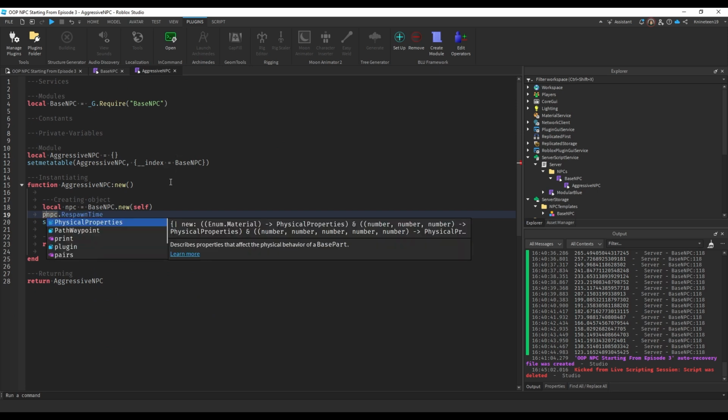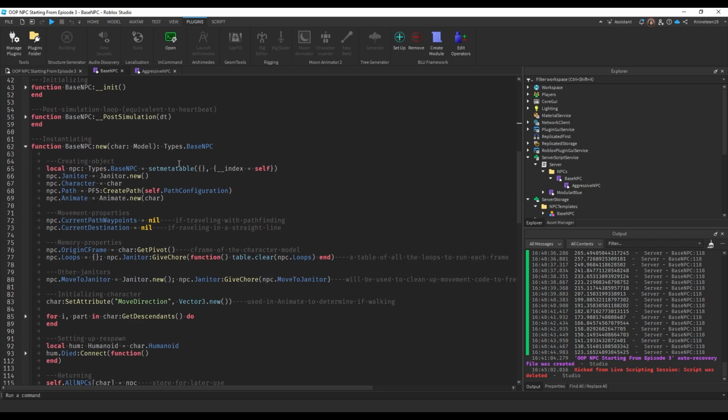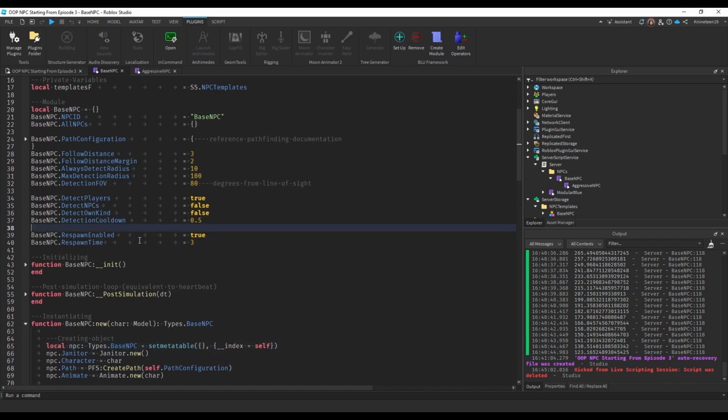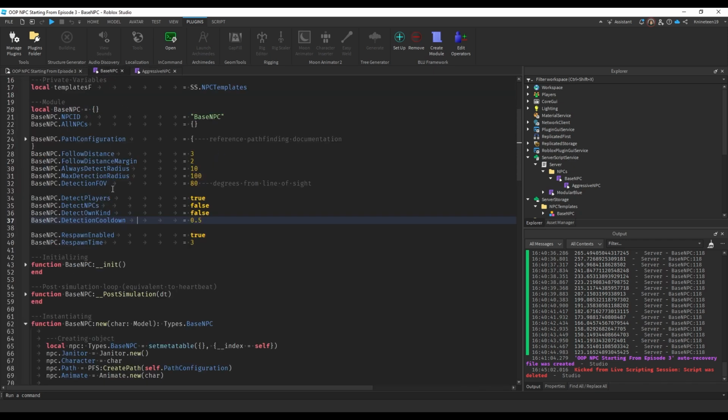If I just print NPC.respawnTime, that'll reference the NPC object, which will check the __index metamethod, which is set to AggressiveNPC. Since respawnTime isn't present in the NPC object itself, it'll reference the AggressiveNPC, but since it's not present in AggressiveNPC, it'll reference the BaseNPC, where it is present. What's cool about that is if we wanted to override this default value of 3,